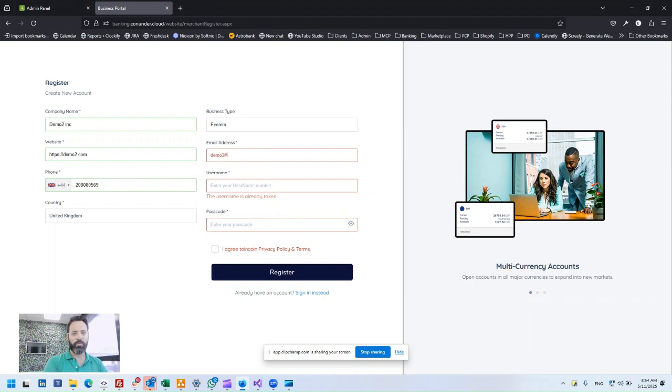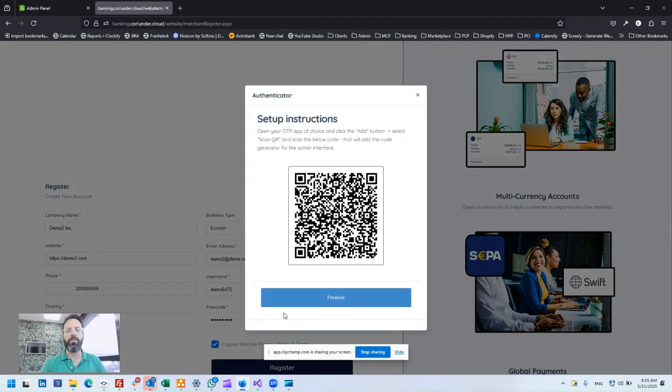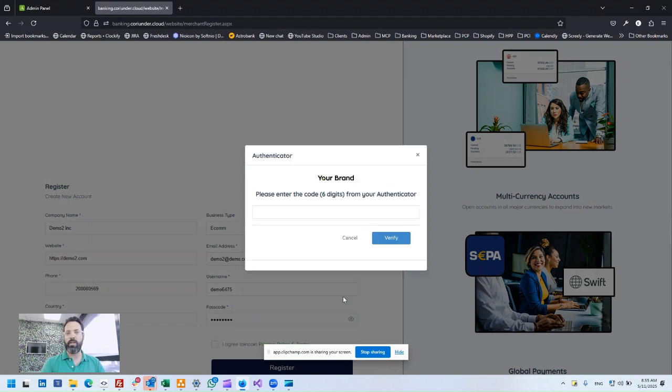I'm going to do demo2 at demo.com, username, demo something something, and I'm going to set the password as per our guidelines and agree to the terms and conditions. Once I click register, the system analyzes this basic application form and decides if we need to set authentication or not. I'm going to open my Google Authentication app. I'm going to click add, scanning the QR. Just got my two-factor authentication code. I can let the system know that I've done this and I'm going to enter my code